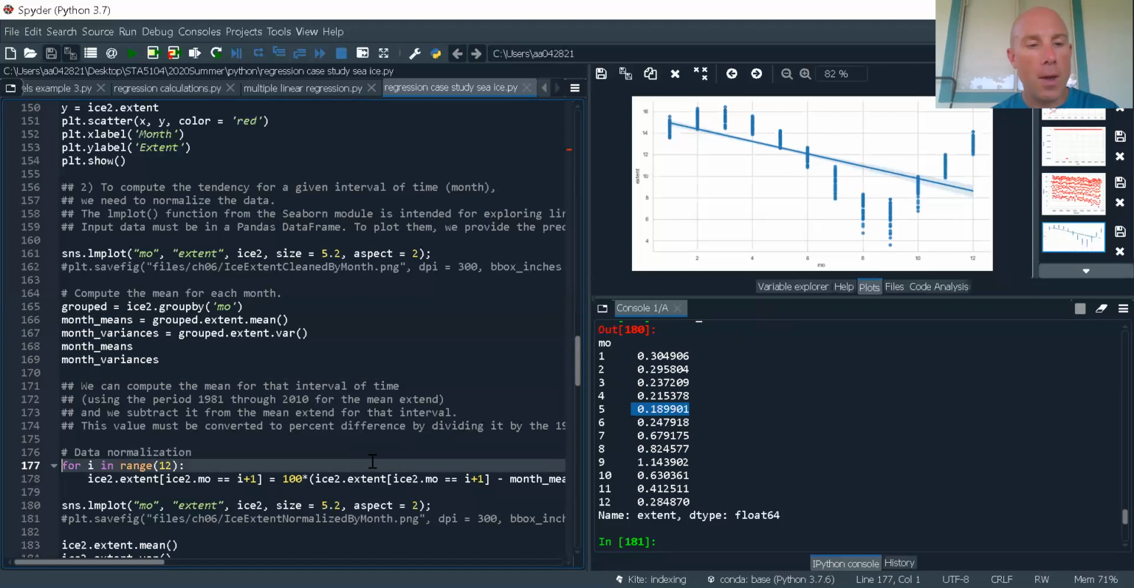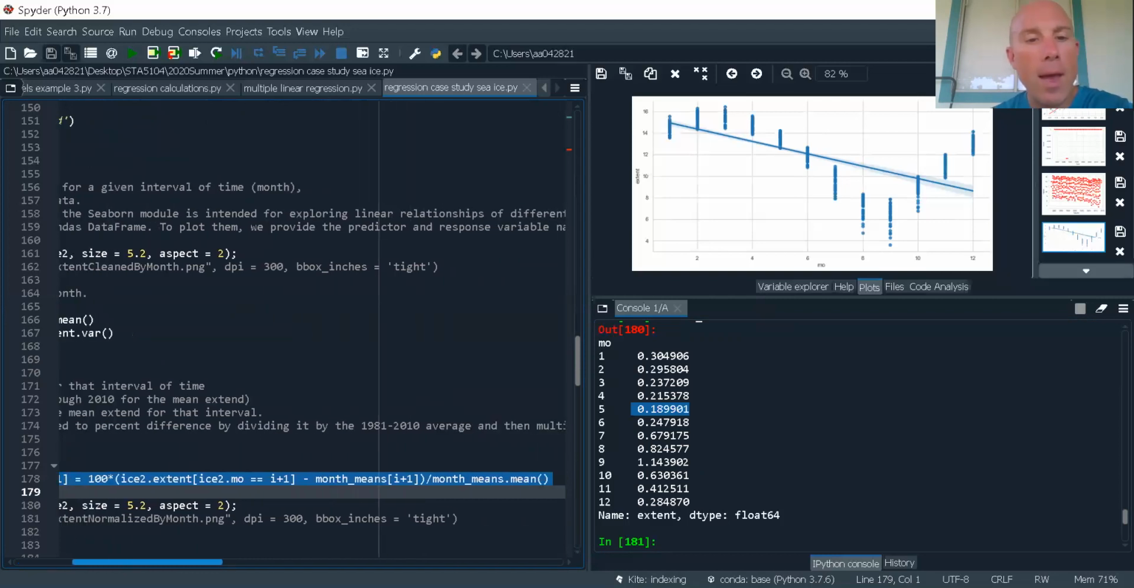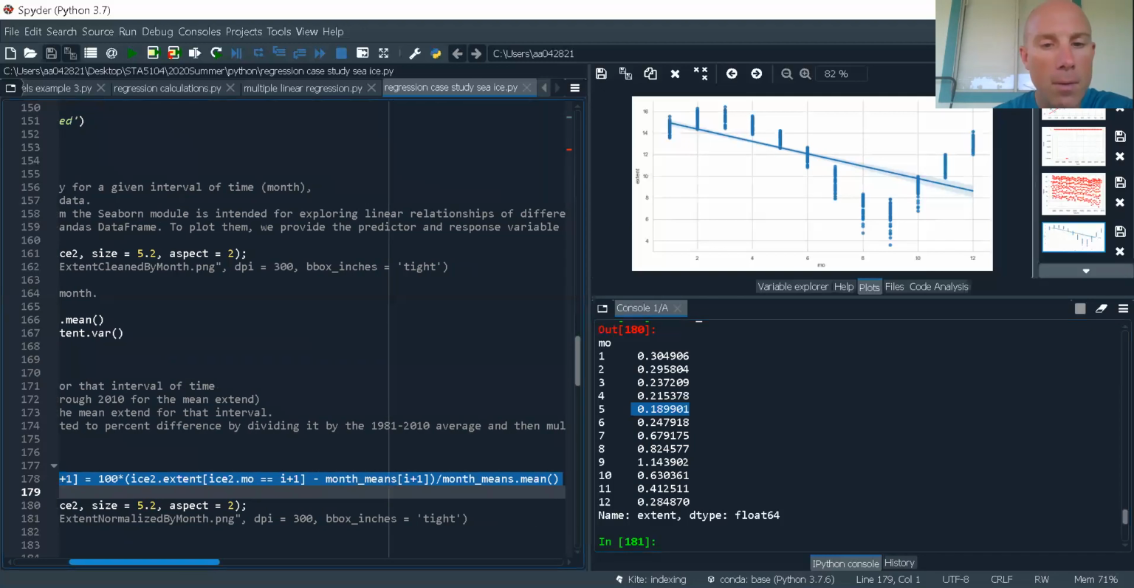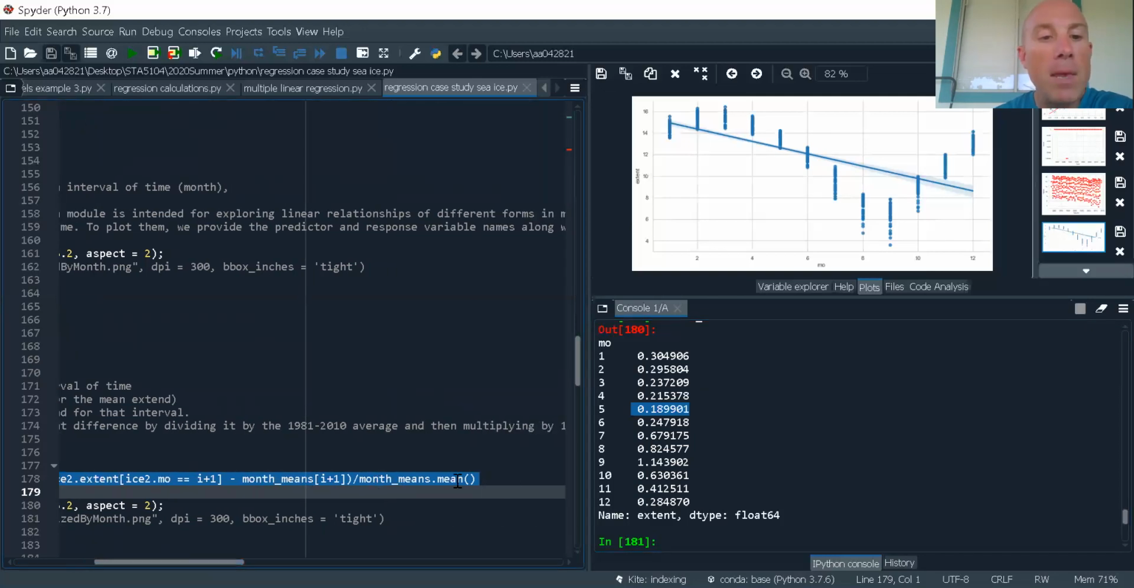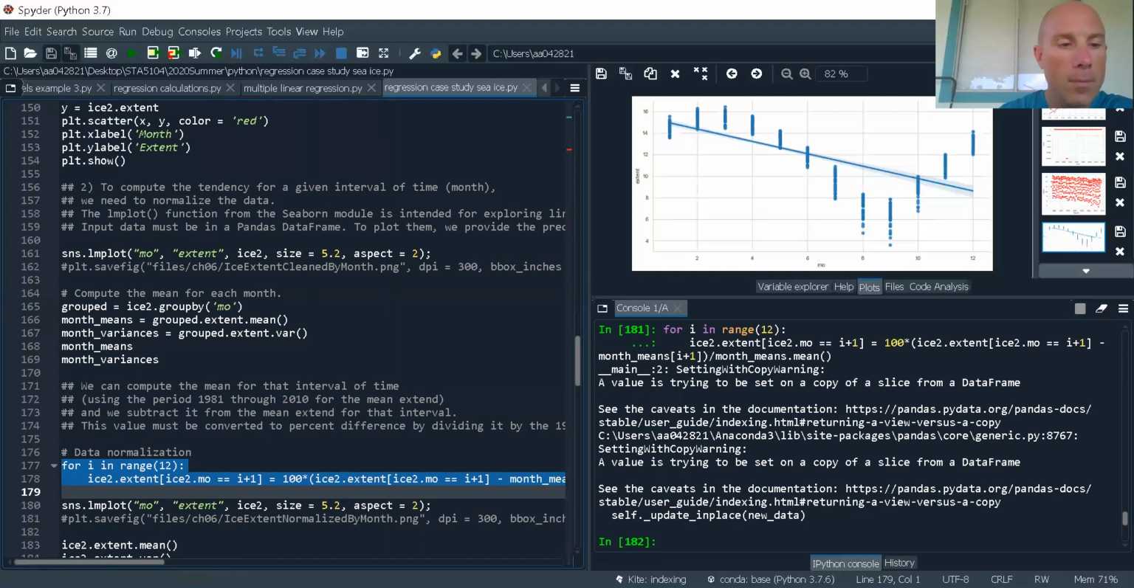All right, now let's do data normalization. So we can see that we're taking the extent minus the month means and then dividing by the month mean. And that's just a normalize. And let's go ahead and,